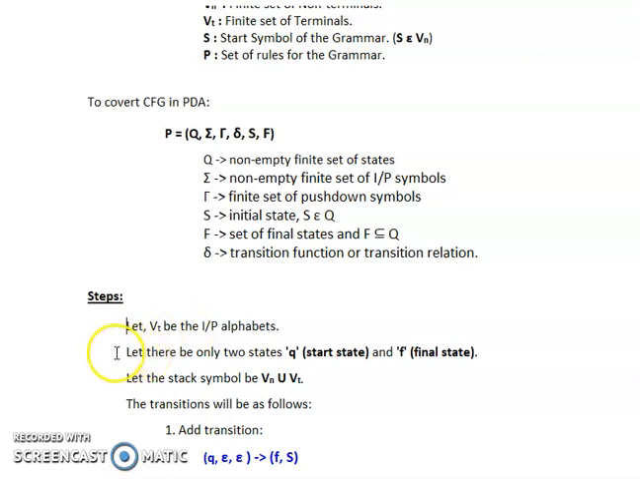Now the second step says that let there be only 2 states. First is your start state and second is your final state. That means the pushdown automata that you are going to generate will consist of only 2 states, a start state and a final state. You can represent the start state using Q and the final state using F. It is your choice whatever symbol you want to use, but there will be only two states in your